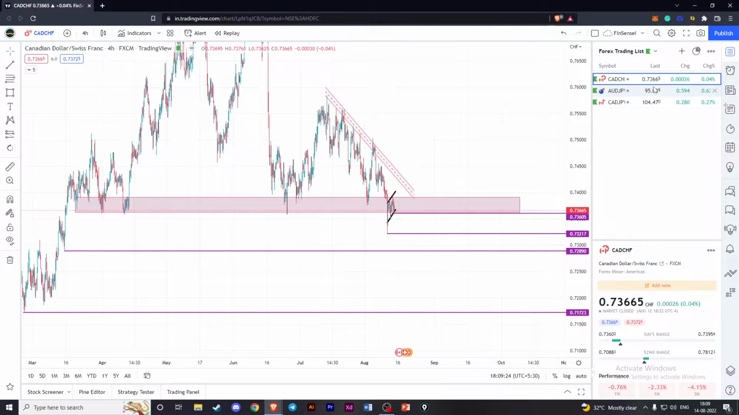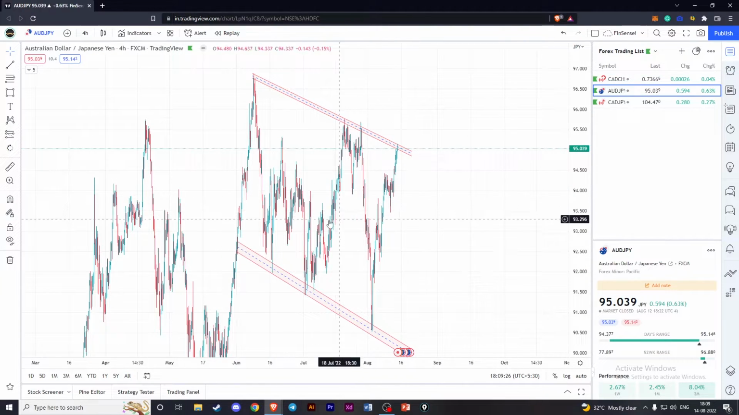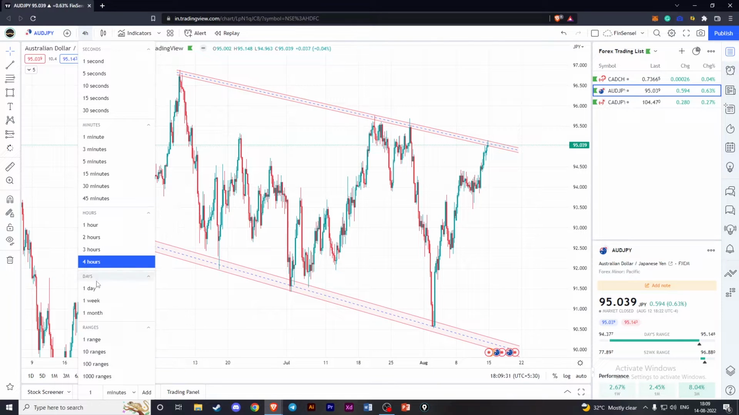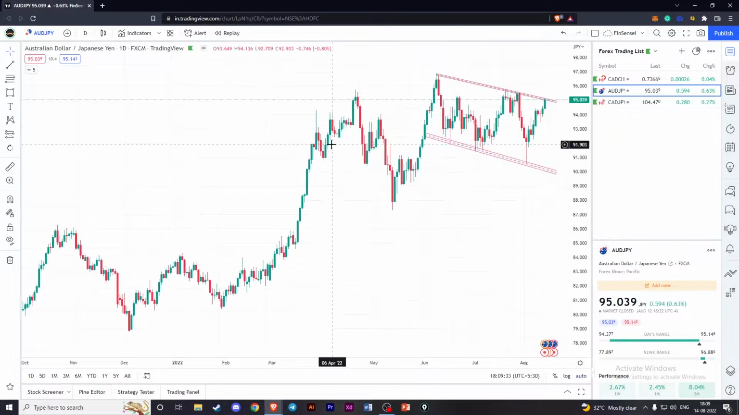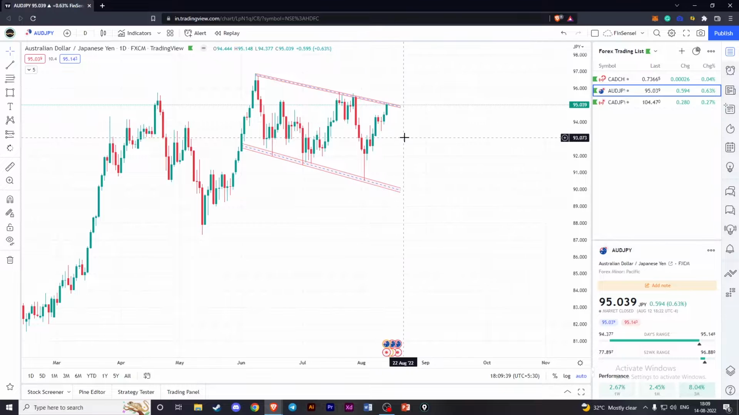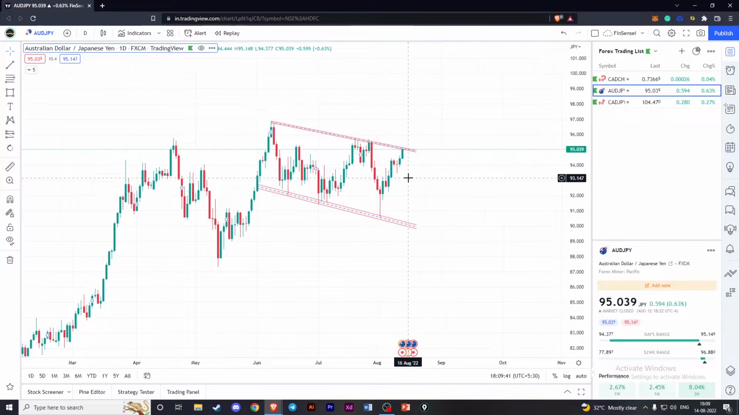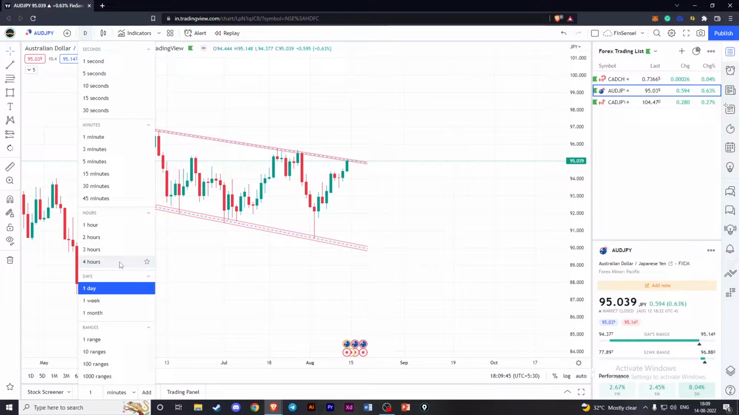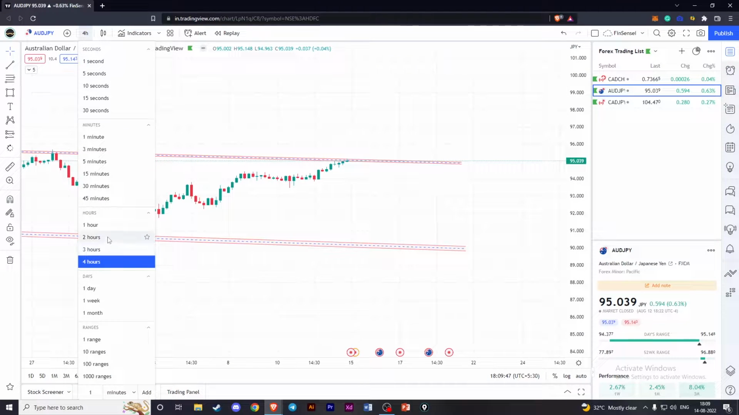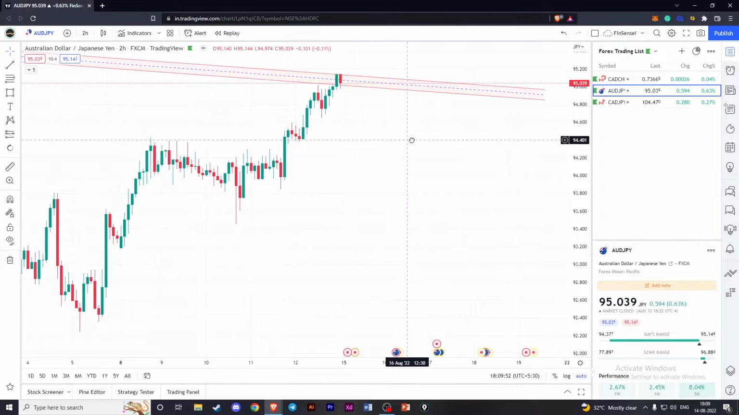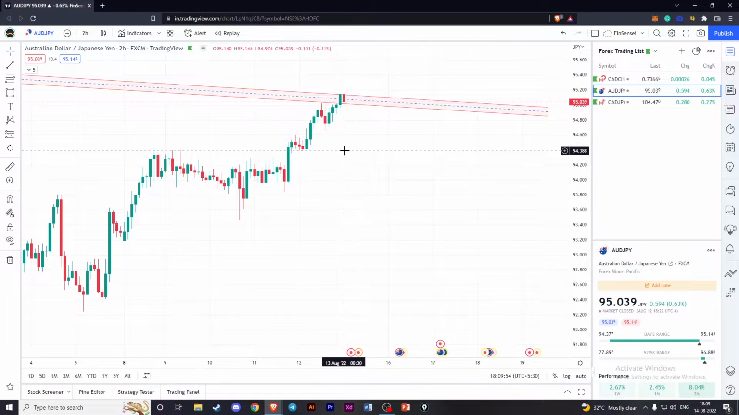So the next pair we have is the Australian dollar versus the Japanese yen. If we check this pair on the daily time frame, we can see that it is going bearish with some higher lows and lower high formation, and also traveling in a channel pattern, and the current price is trading at around the upper ranges. Now if we go down to a lower time frame of 4 hours, or we can go down to the 2 hours actually, we can see that on the last trading session, it formed a bearish